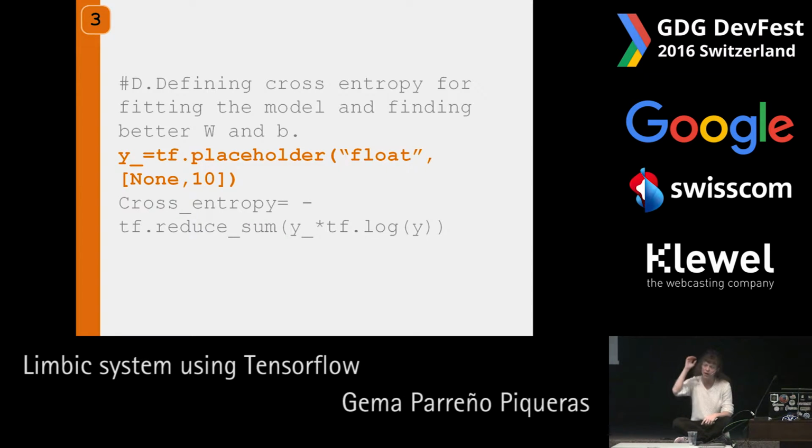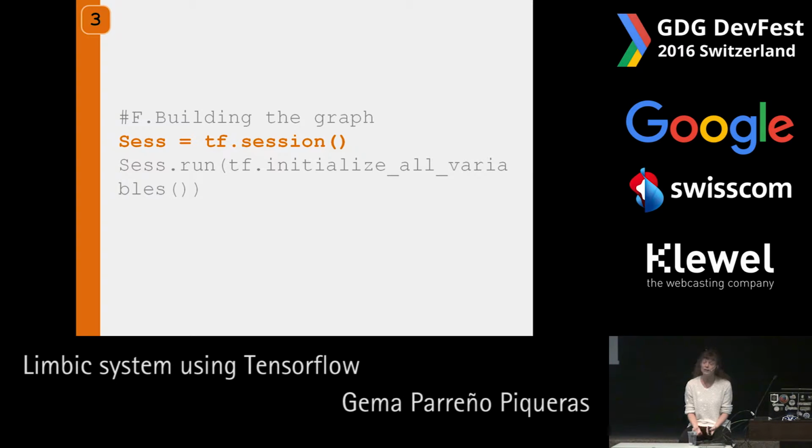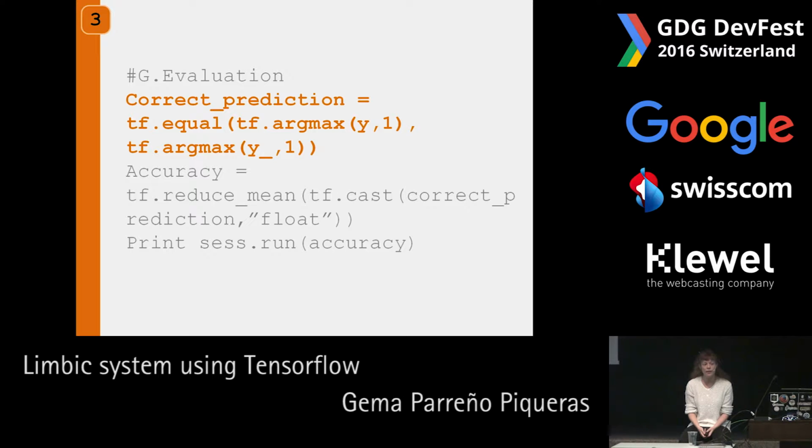Also, the placeholder, that is this architecture, this space that I'm giving. On the cross entropy, Michaela didn't talk about this so much, but I think this is very important because it tells you how well the neural net is doing, how well it's learning. And this is a mathematical function that has this aim. At the end, it's very important, as she said, the training steps and how we optimize it. We start the session because, as you know, we are always computing graphs, and we correct the predictions with